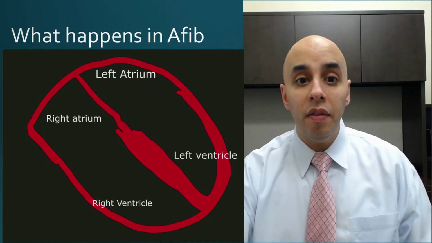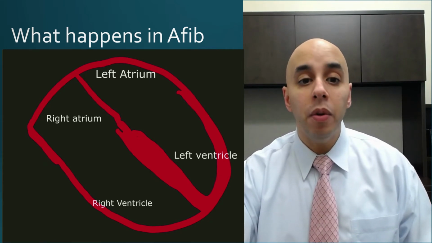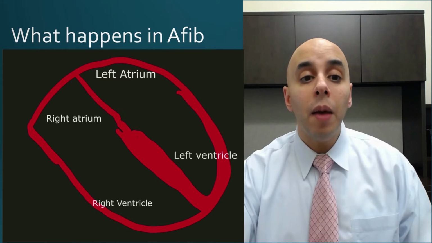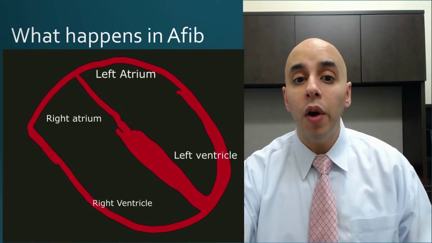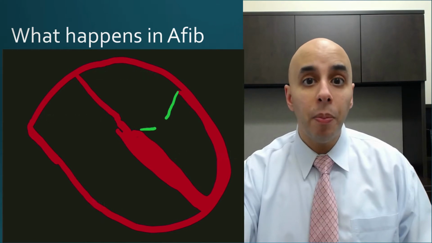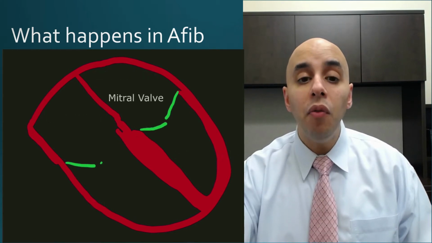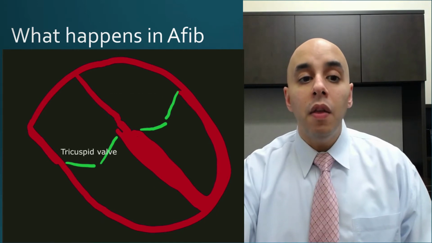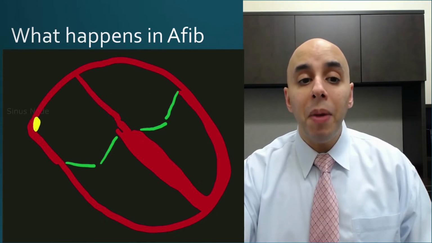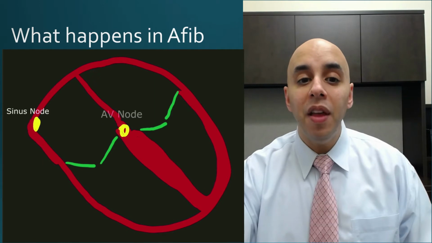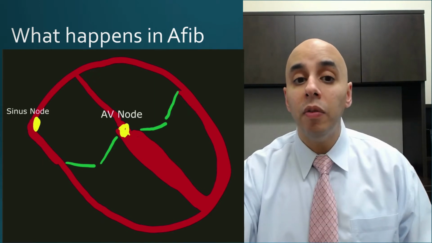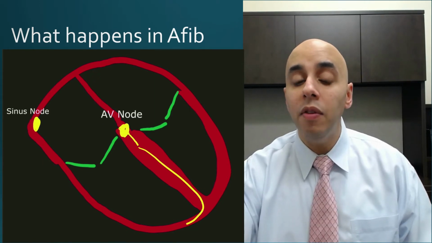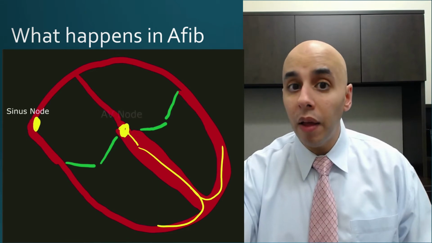The heart is a muscle, and it has 4 different chambers, 2 on the top, 2 on the bottom. The top chambers are called atrium, or atria, plural, and the bottom ones are called ventricles. They're separated from each other by valves, and they beat independently. They beat sequentially. There is a pacemaker of our heart called the sinus node, and that sends electricity from the top part and then down to the AV node, which then sends it down to the rest of the heart